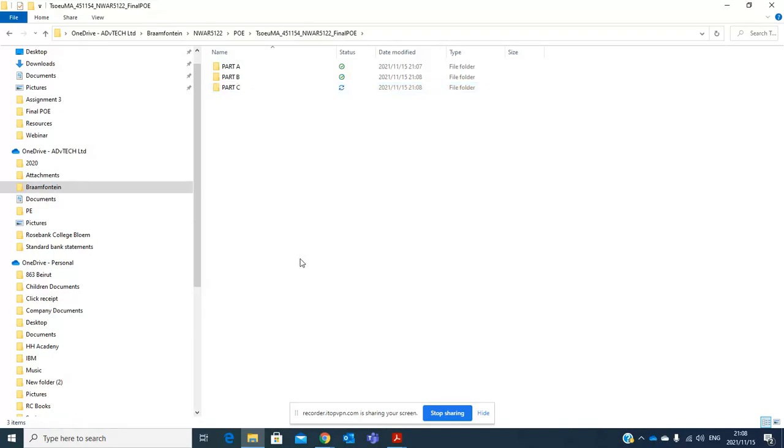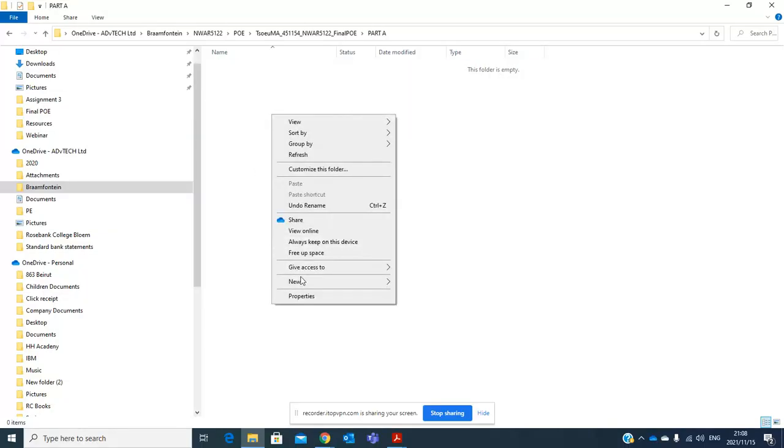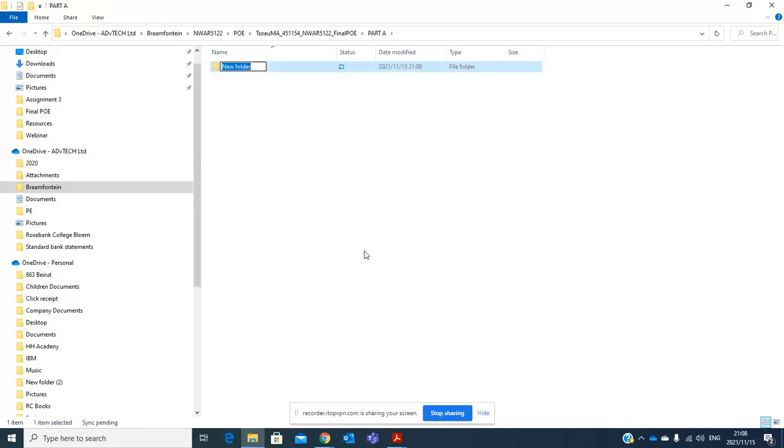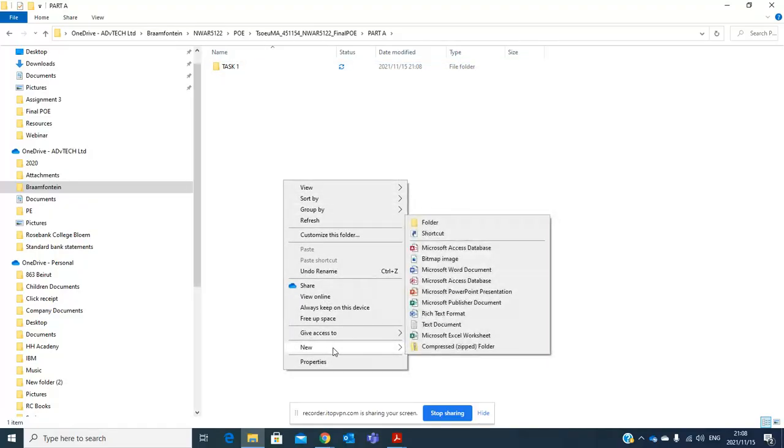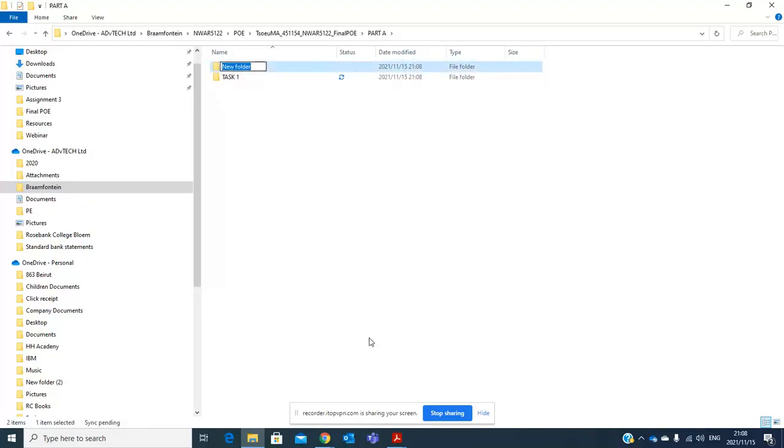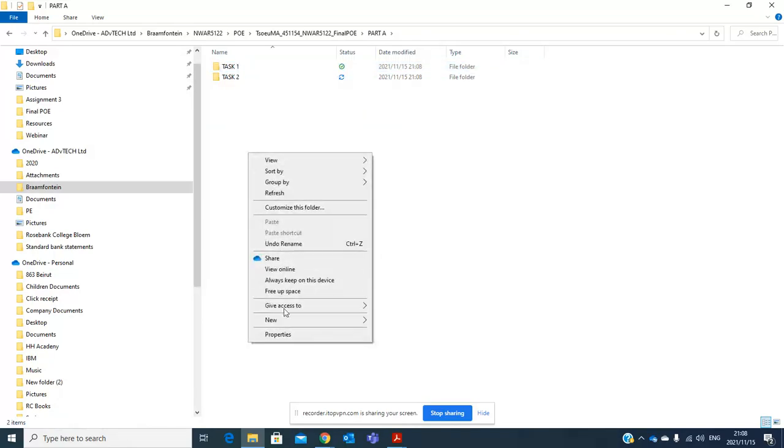Now, in part A, you may create subfolders: task 1, task 2, and ICE tasks.